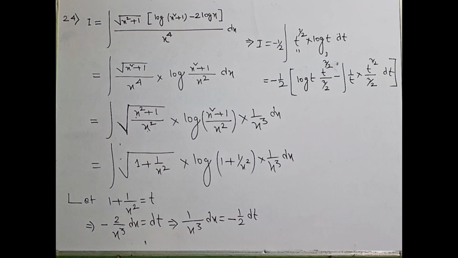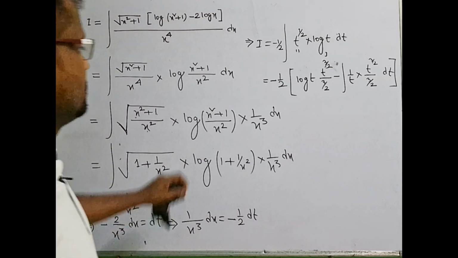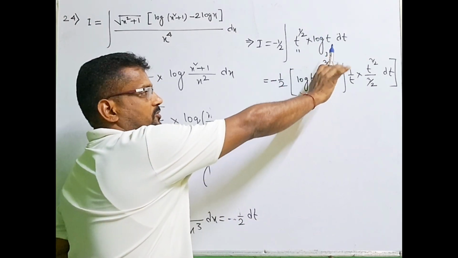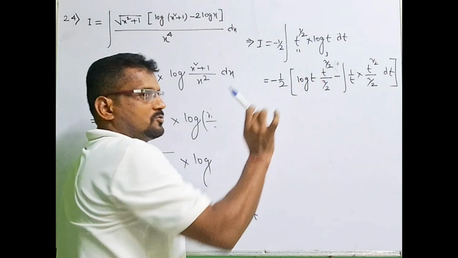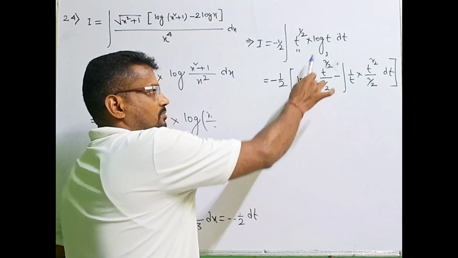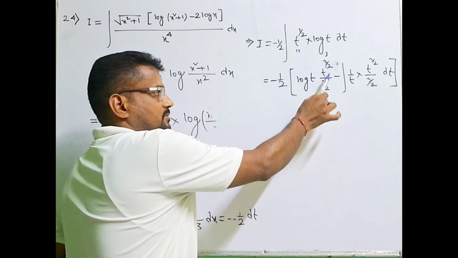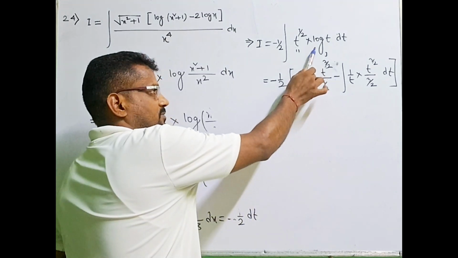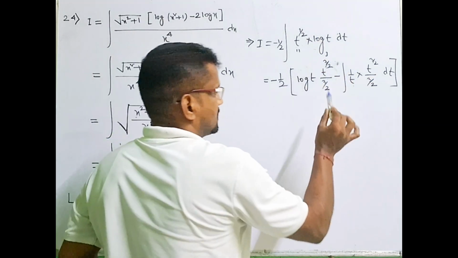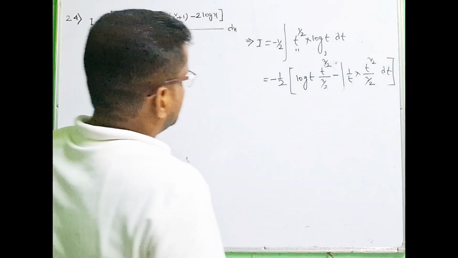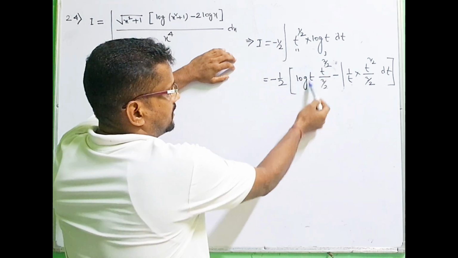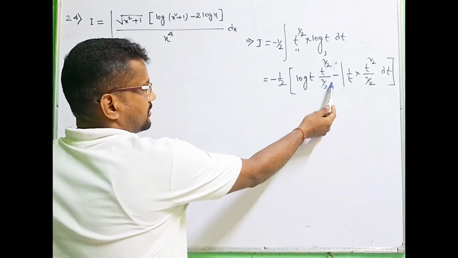See these steps clear or not? I repeat, by parts we are going to use, for that logarithm should be taken as the first function. This is your second function. And as per integration by parts, first function as it is, integration of second function minus derivative of first function, 1 by t, integration of second function, so integration of this. Now, so after that, using by parts, that is first function as it is, then derivative of second function minus